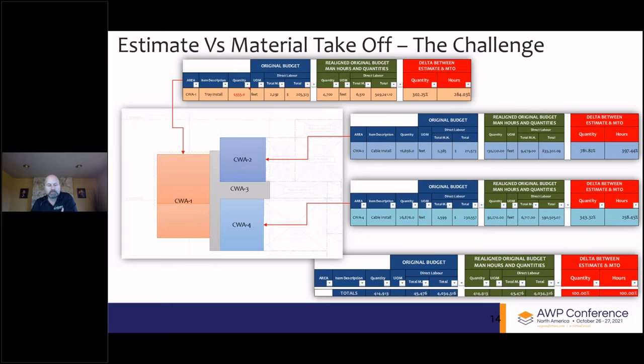However, to make a point, one of them was that the estimators had put all of the field run tray into CWA2. So where do you think the crews charged their time in CWA4 when they were installing field run tray? When I asked the superintendent, he said, well, lighting, of course, it's got lots of hours. For this example today, we've simply picked